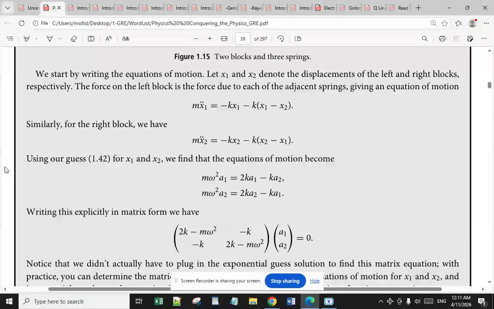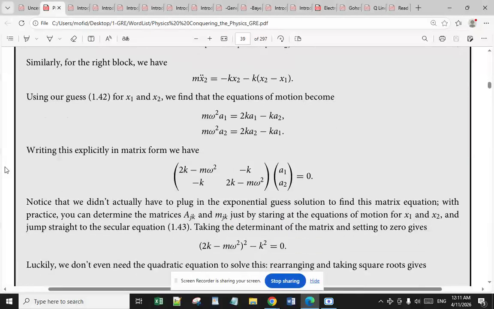Writing this explicitly in matrix form, we have the first row is 2k minus m omega squared, minus k. The elements for the second row are minus k, and the next element is 2k minus m omega squared, multiplying the vector r1, r2, is equal to 0. Notice that we don't actually have to plug in the exponential guess solution to find this matrix equation. With practice, you can determine the matrices R_jk and M_jk just by starting at the equations of motion for x1, x2 and jump straight to the matrix equation